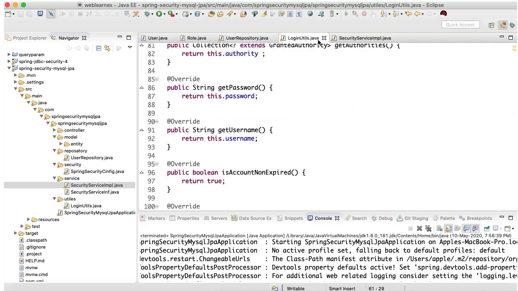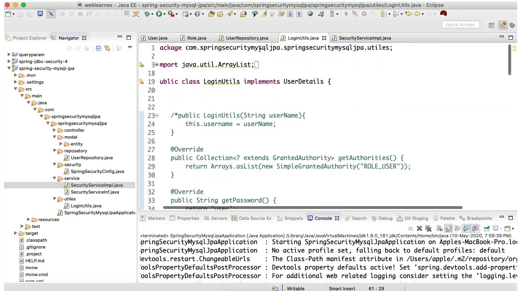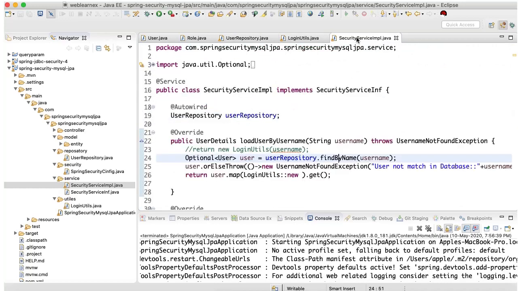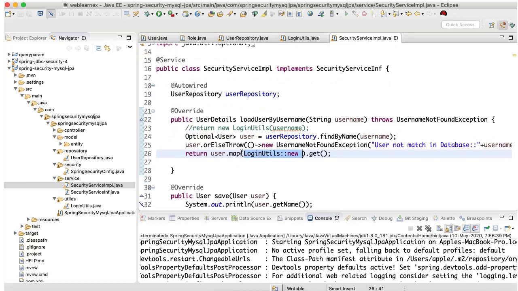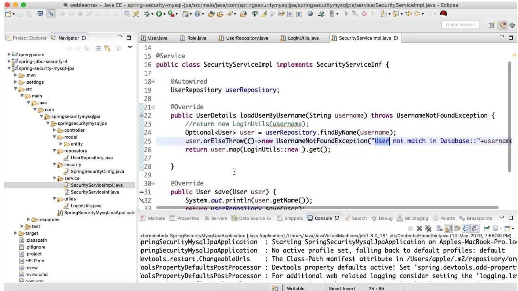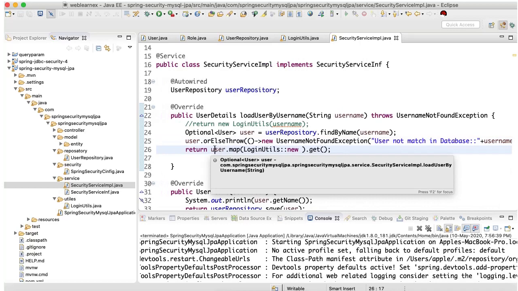If the user exists in that table, I get all the user information using Java 8 features like map and reduce. So I get all the user details, and if the user does not exist, I will return a user not found in database exception.